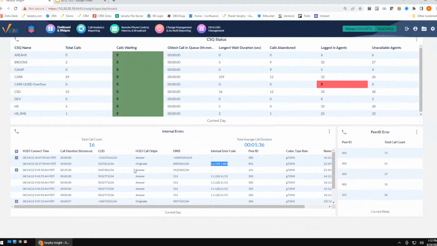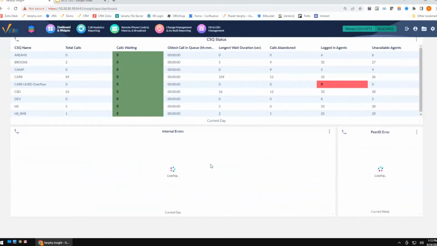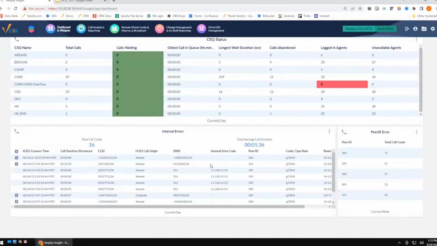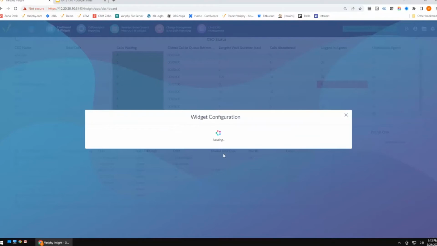You'll notice here that I am reporting sequences. This is the default. It's always going to report the sequence of events, in other words, the call coming into my cube and then the call leaving my cube. In this particular record right here, you're going to see that the call going back out of my cube is where I received my internal error. That's important. So what I want to do here is maybe not necessarily show the entire sequence. I may just want to show the events, the peer IDs, the IP addresses, where the failure is actually happening. So that's where event-based reporting comes in.